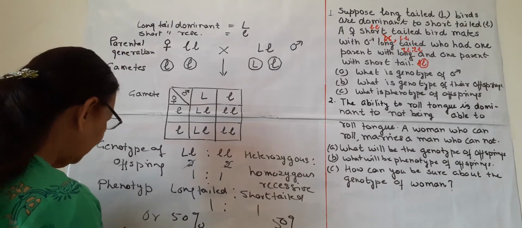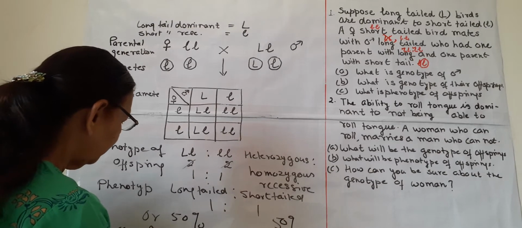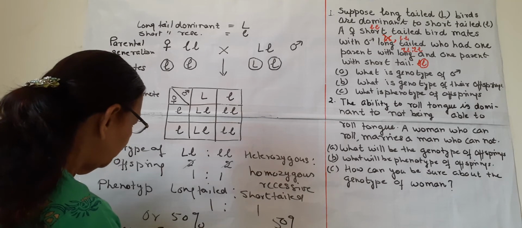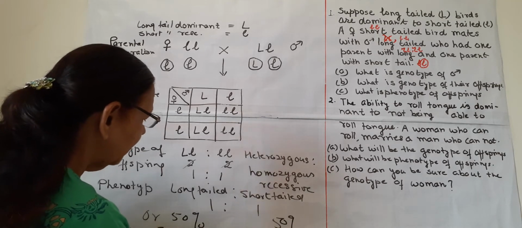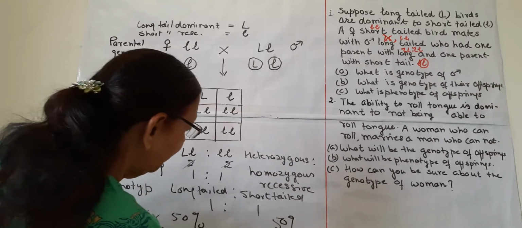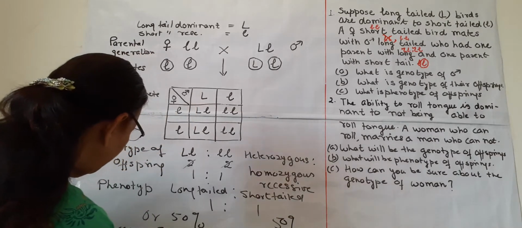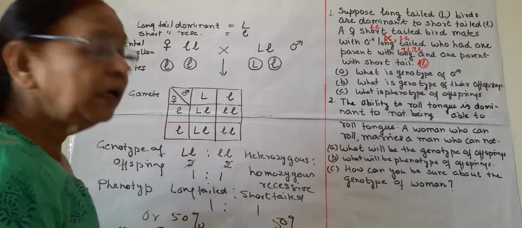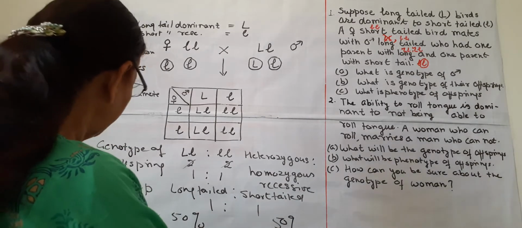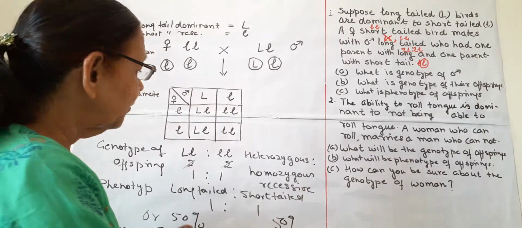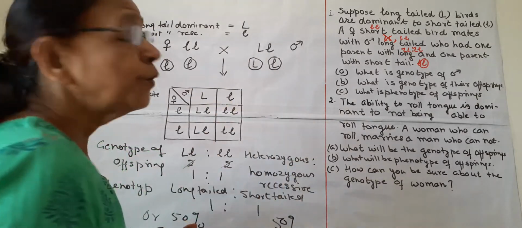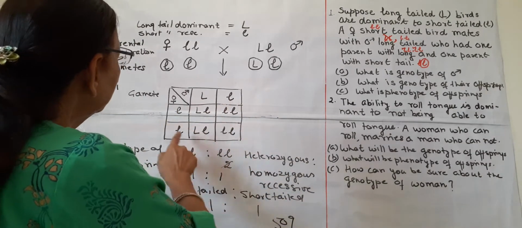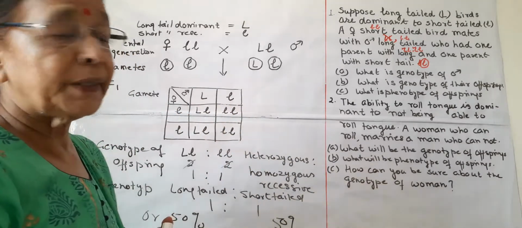again A, answer A, what is this? Male parent. You can write male parent. You can elaborate the answer. Male parent is LL, then B offspring genotype and C offspring phenotype. You can write the complete answer in the end also, and in this way you have to form this Punnett square. These are the gametes of F1 and these are the offsprings.